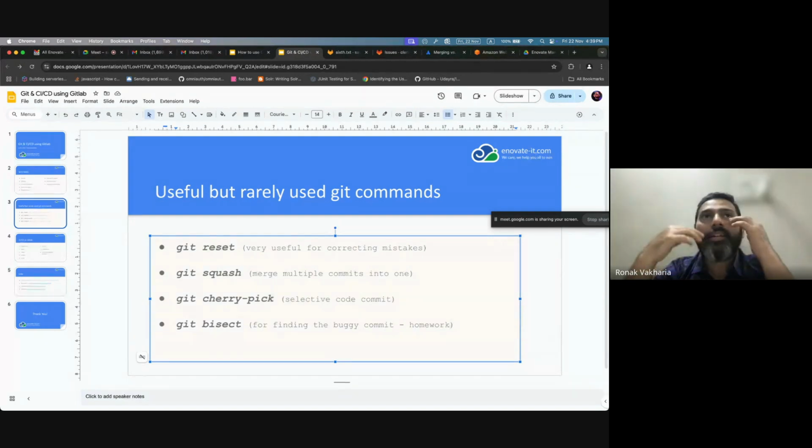So let's say there is a repo which is being used by hundreds of developers, right? And then if during the nightly build there is an issue, how do we identify which commit caused this issue? So this is where git bisect helps us. It will do a binary search algorithm on the commits, and then we identify those commits as a good commit or a bad commit. And then after that we can identify that okay, this was the commit which caused an issue,